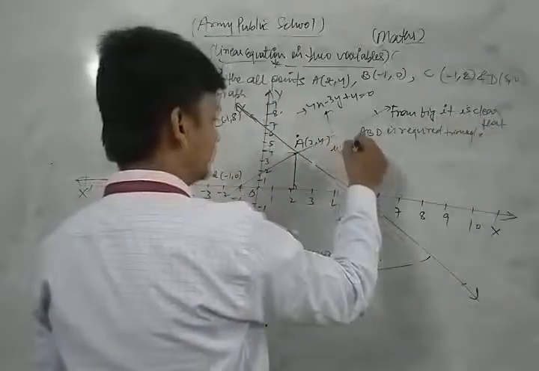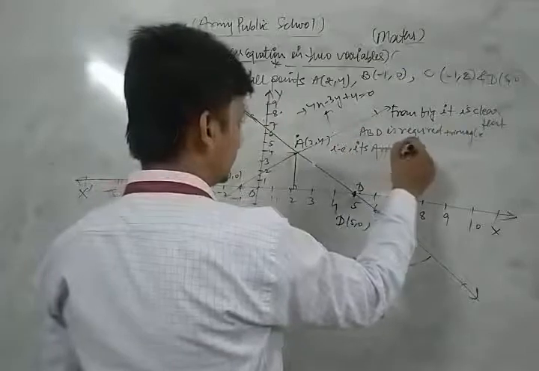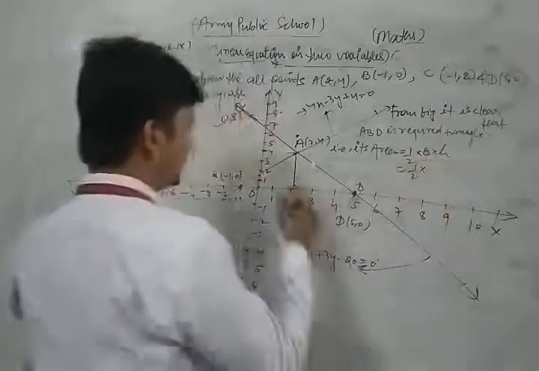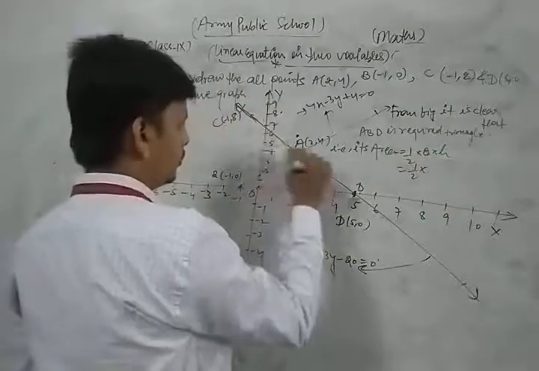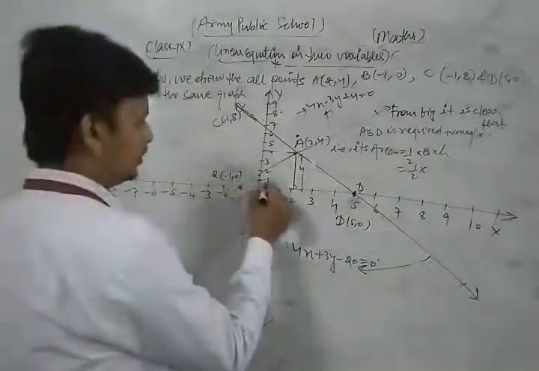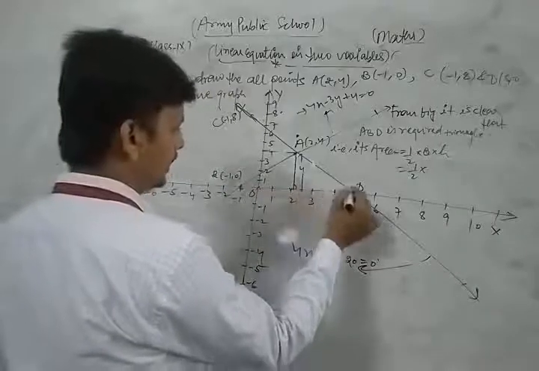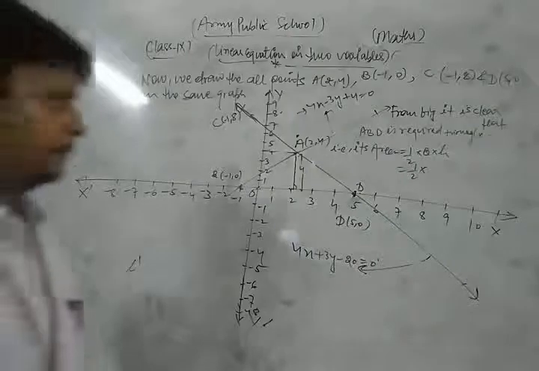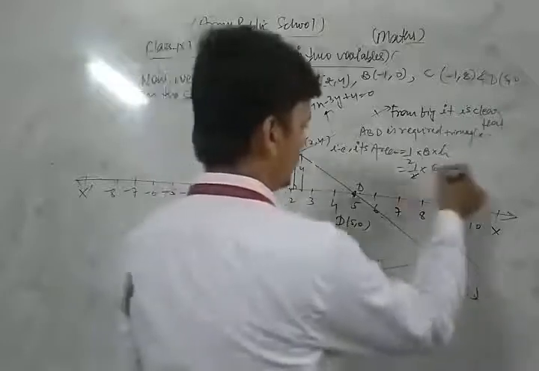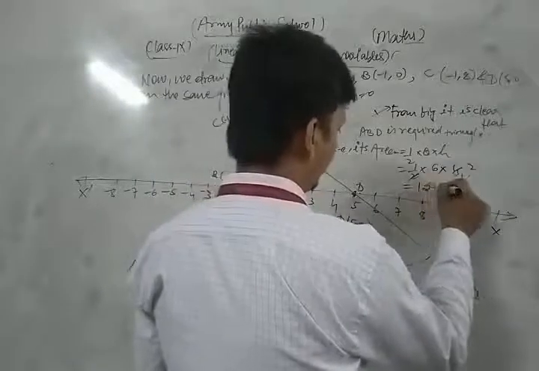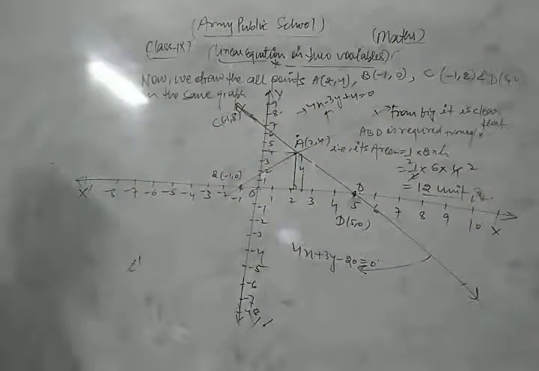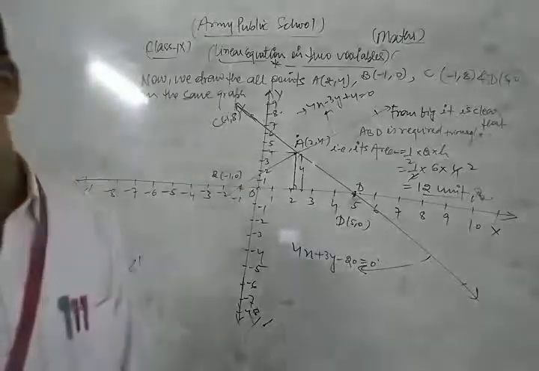Its area is 1/2 into base into height. So 1/2, the height is taken as 4 because this is 4. The height of this triangle is 4. But the base is what? Look, this is 1, 2, 3, 4, 5 and 6. Base is 6. So 6 into 4, 2 fours are 8... 6 into 4 is 24, half is 12. So 12 units is the required solution of the given question. Means the area of that triangle is 12 square units.